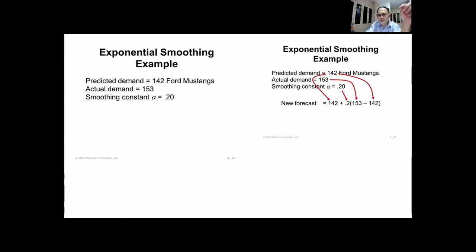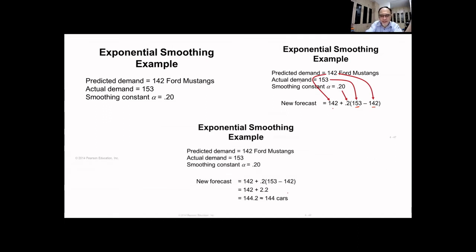So 153 minus actual demand minus predicted demand of the previous period. This is the actual, this is the forecast. So forecast plus 0.2 of this difference, and you'll get 144. Right? So you can do this, and you can actually incorporate this. So it's called the exponential smoothing method, and there's a whole bunch of much more